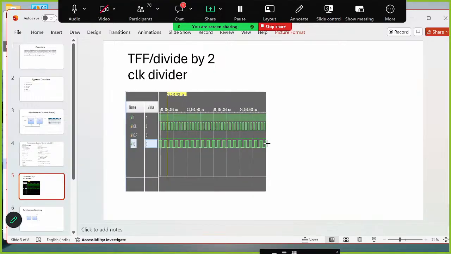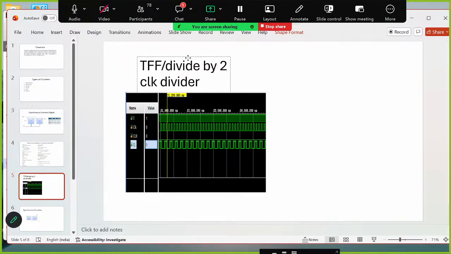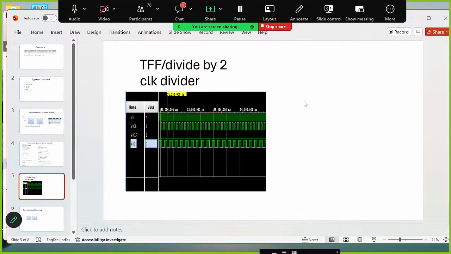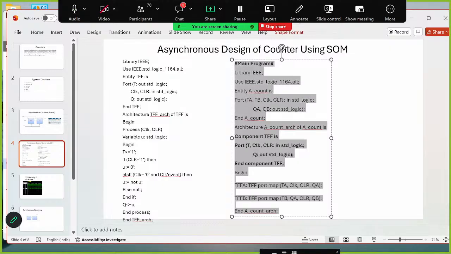Now, but we need to design a counter using that T flip-flop. So what we will do now, we'll